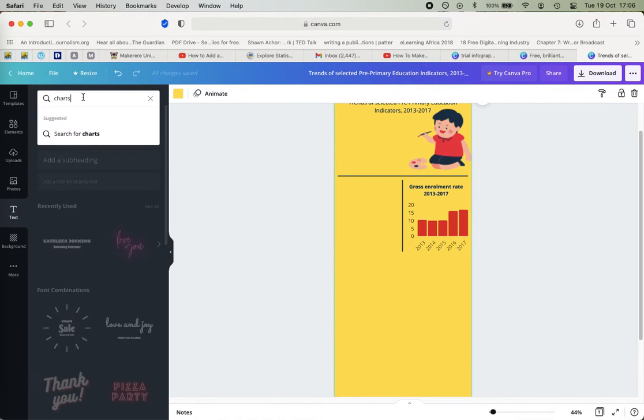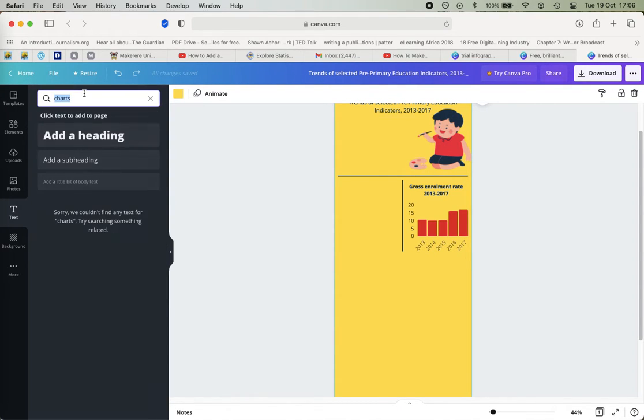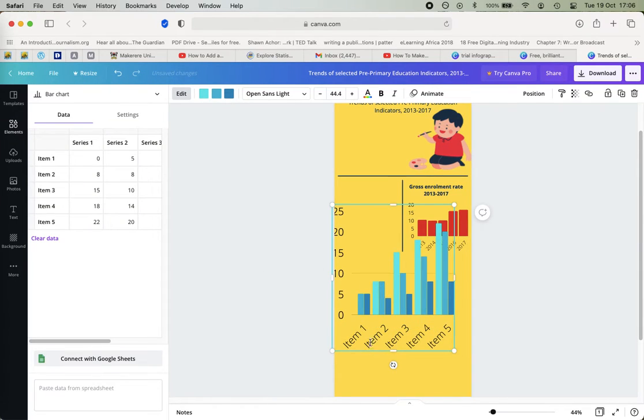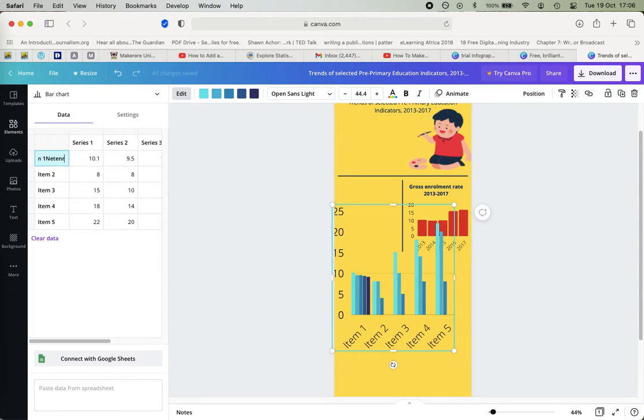So here, elements, charts, and then it brings me back here. So I'll still go for that, and I'll still edit it the way I did earlier. So that's the data. This is net enrollment rate. Okay, and it runs from 2013 to